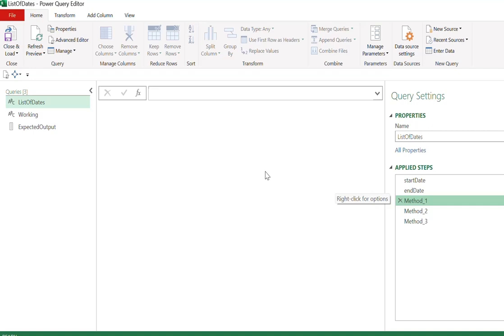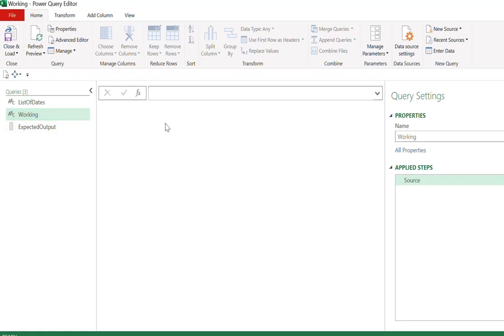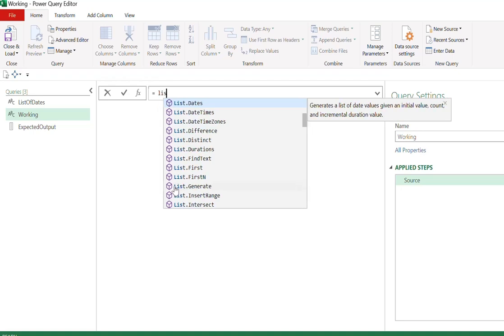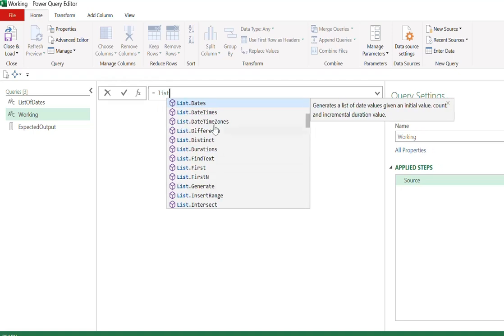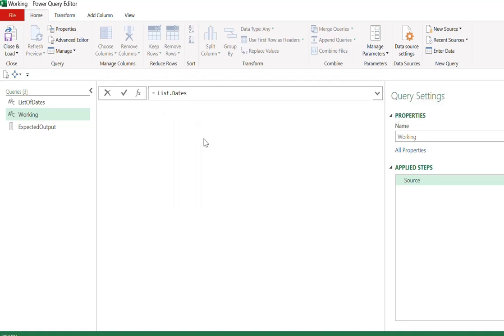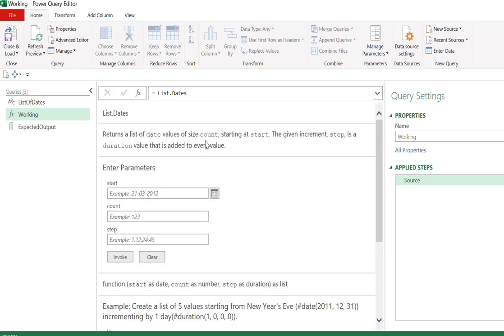And in method 1, we are going to use the List.Dates function. Now, before starting with the List.Dates function, let's study that function and what parameters it has. So we will go to a working query, and here we will see what the List.Dates function does. So equals to, we will write List.Dates here, and we will select this option from the IntelliSense. We will ignore brackets for now in order to study the parameters of this function. So we get this as a result upon pressing enter, and this is the description of this function,